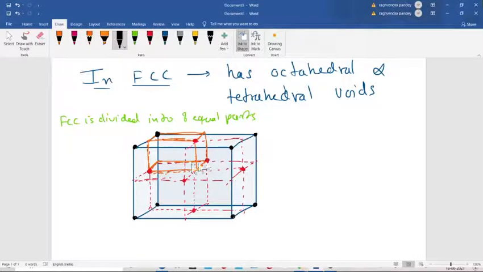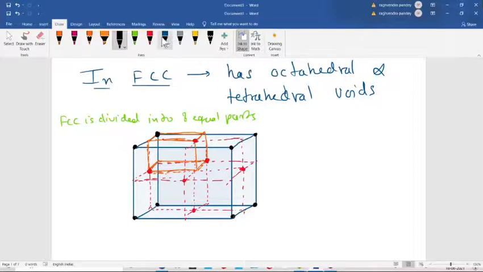These three are the face center atoms, and this is the black corner atom. Now they are present at the alternate corner of the cube. The smaller one, not the FCC. The smaller cube inside the FCC, the 1/8 part of this one. So they are present at the alternate corner.